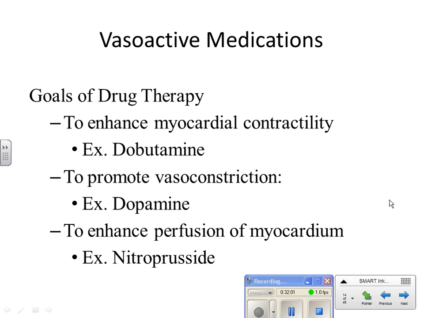And then in our patient with cardiogenic shock, most commonly caused by a severe MI, we have to give him nitrates to improve myocardial perfusion, because he's got a dying myocardium, and time is muscle, and we've got to improve that perfusion to the myocardium, so we're going to give him nitroprusside. What does that do to your blood pressure? Drops it. So yes, this patient has to be very, very closely monitored.